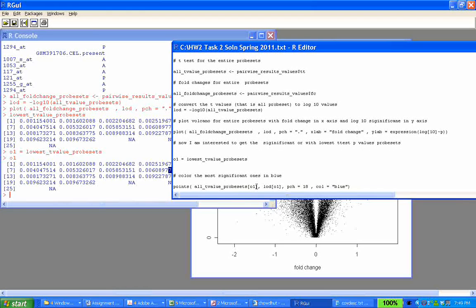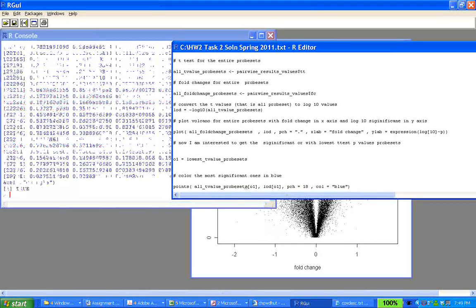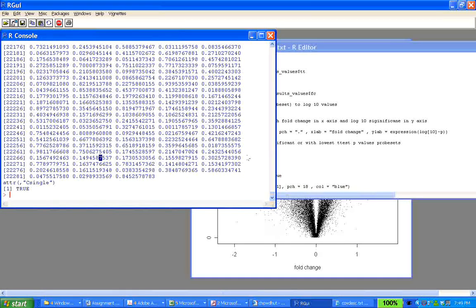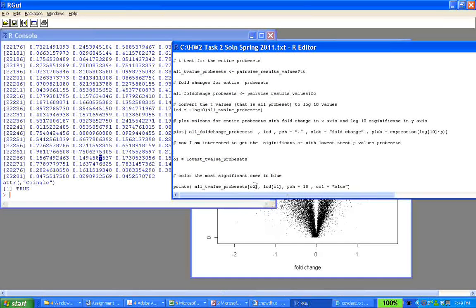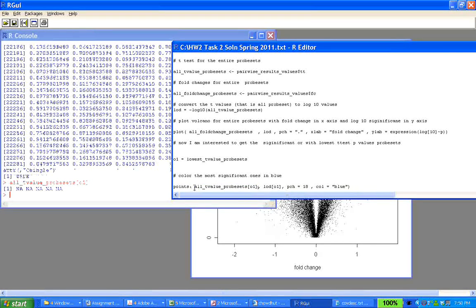And I can actually subset with O1. My all t-value probe sets has the test statistics of all my 22,000. If I subset with O1, it should return only those 20, and then I can take the log of that as well. Now if I execute this code,